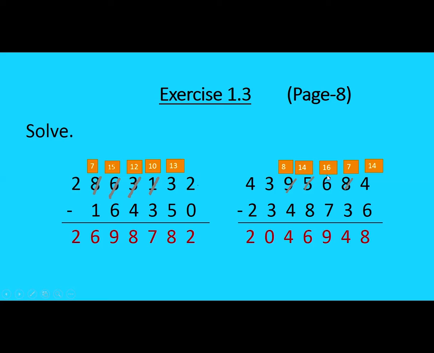Here, if we get borrow from here, then 5 will change into 4, because we are taking borrow, that means we are subtracting 1 from that value, so it will become 4. Now 4 minus 8 is not possible, so for 4 we get borrow from 9, and 9 will be changed into 8, and this will be 14. 14 minus 8, we get 6. Now here is 8. 8 minus 4 is possible, so we can subtract it from here. We get 4. Then 3 minus 3, 0. 4 minus 2 is 2. You can match your answers with mine.